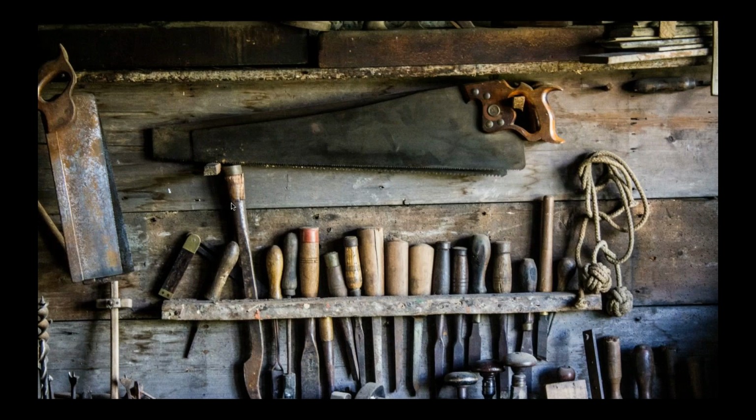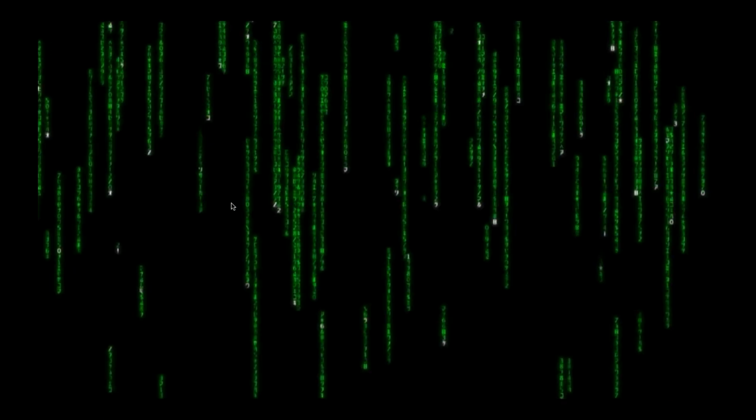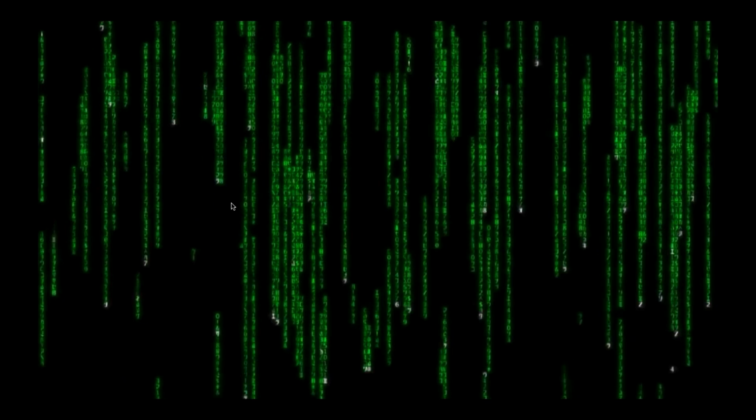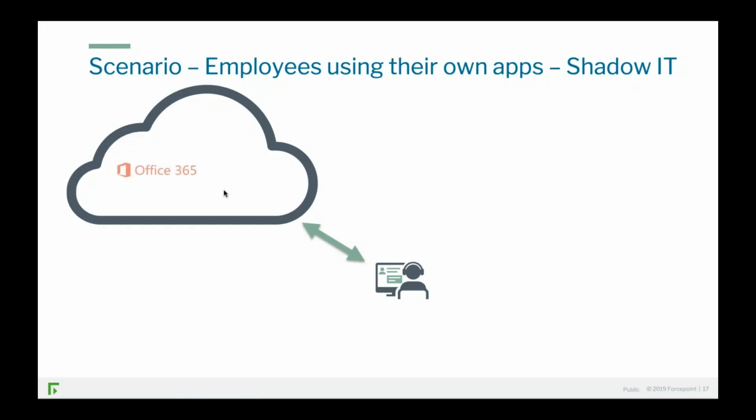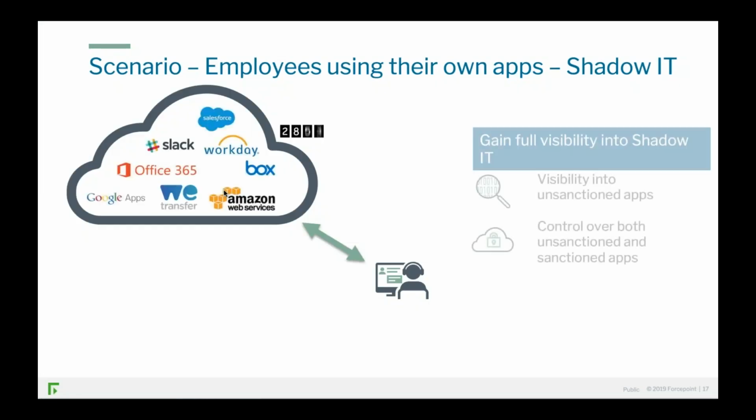And if you think about the past, right, we wanted people to be creative and create beautiful things, so we gave them the ability to choose their own tools, and we kept those tools clean for them, and they created wonderful things. But in a digital world, where the tools are cloud applications, we need to find a way to keep them clean, we need to do the same. Shadow IT, if somebody's using a cloud application, it's for a reason, and that reason may be legitimate. And we need to make sure that if they're using it, then perhaps the business can understand from that, and perhaps we can discover how people are innovating.